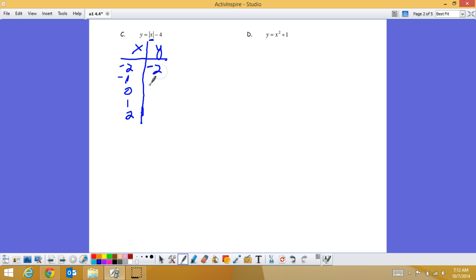is -2. Same thing with -1, absolute value of -1 is 1, minus 4 is -3. Absolute value of 0 is 0, minus 4 is -4. Absolute value of 1 is 1, minus 4 is -3. Absolute value of 2 is 2, minus 4 is -2. So to give us a general idea of this shape,